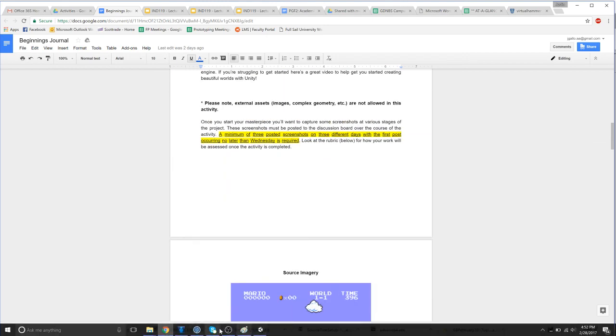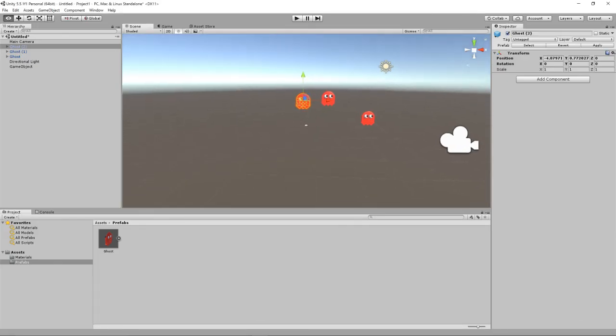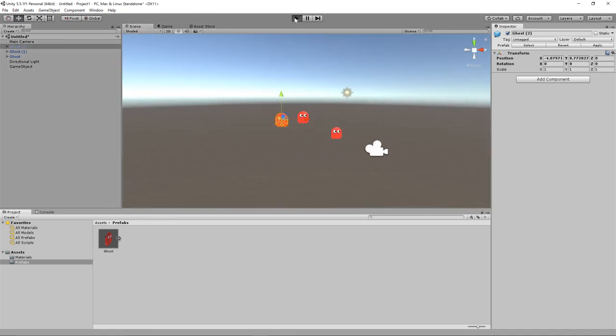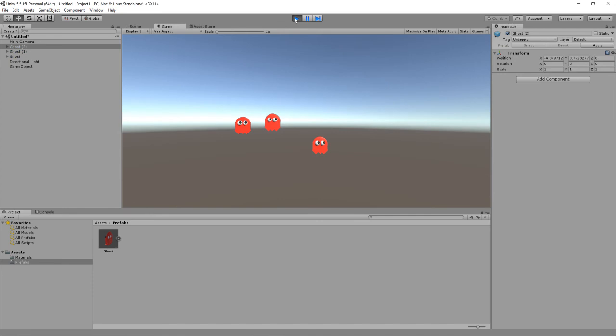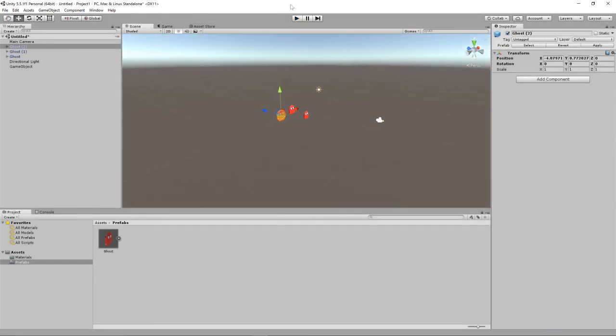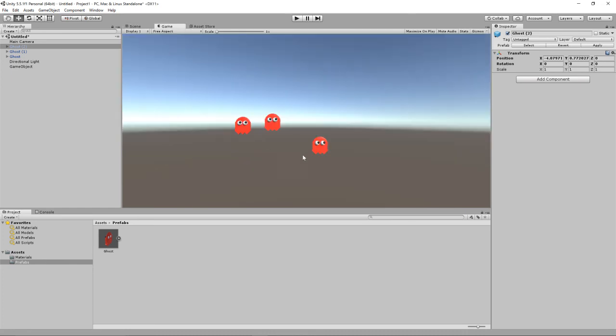The last concept is the camera. So this is not what you see when you play the game. If I click the game right now, I'm going to see that. But this is what I see when I'm in this scene world, right? I can move this camera everywhere I want, but the game view is going to be whatever the camera looks at. And so there's an interesting thing about that